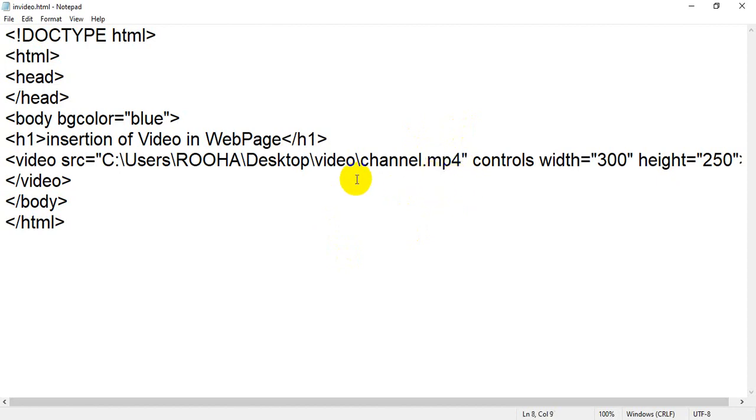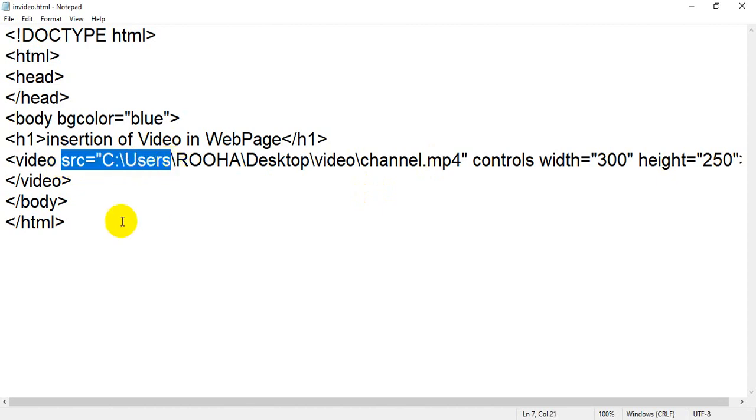Means your video will finally play on your website, irrespective of what browser you are using. So to accomplish our objective, my objective is to play a video on my web page. That's why if you use only one SRC, if MP4 is not supported in a certain browser, your video will not play. Okay, that's why instead of using